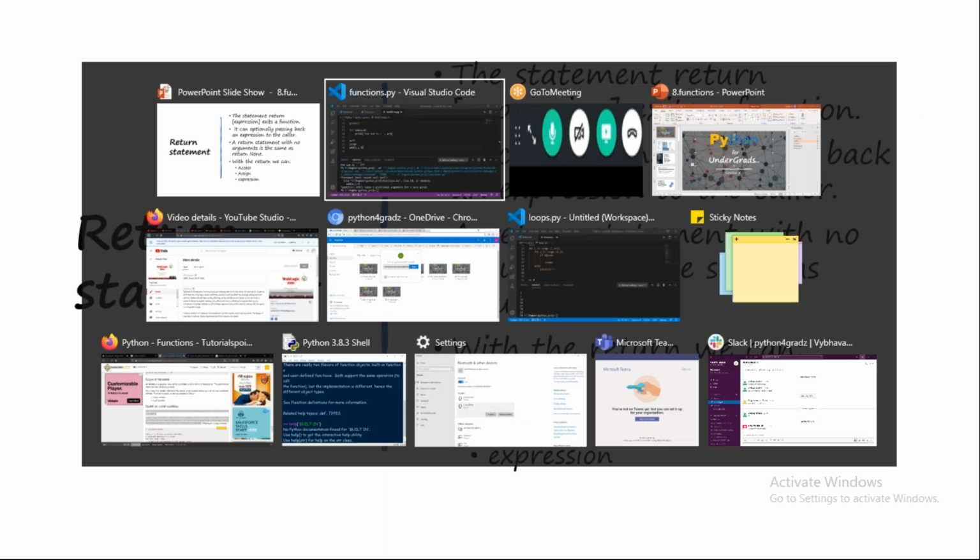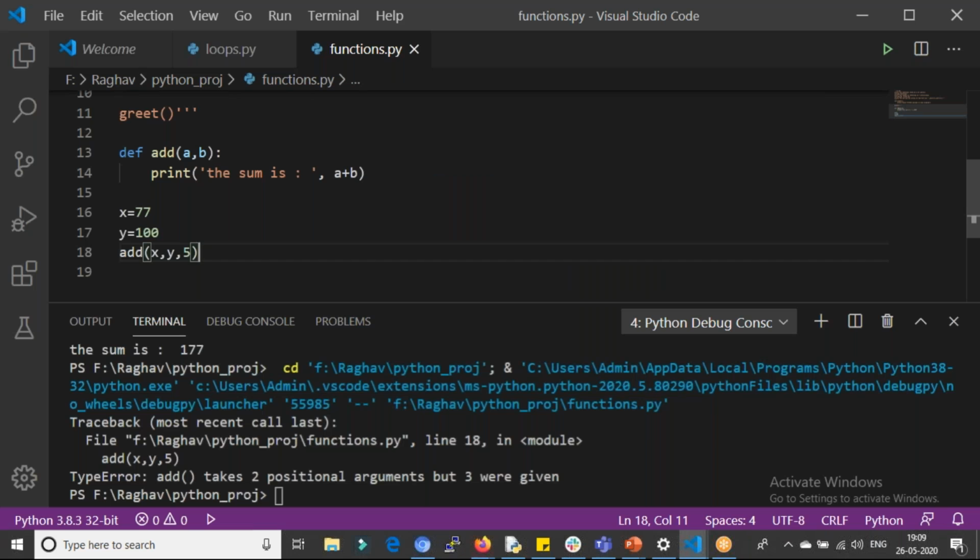Let's just see how to understand return. Over here, this type of function is known as a procedure function. I'm not using the return statement over here, so it's called a procedure function. This will only be doing a task, and we cannot use it to assign something. We cannot assign this value to anything else, right?